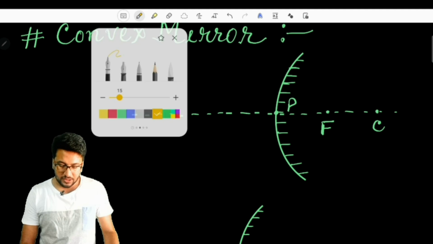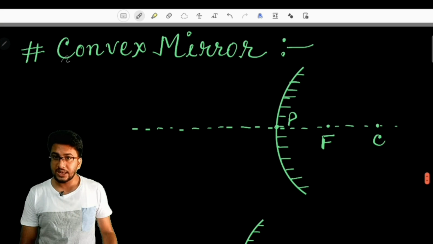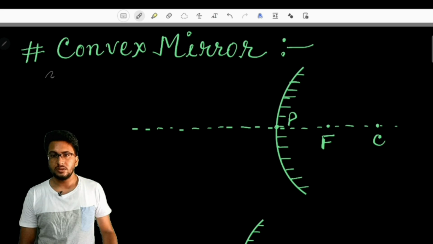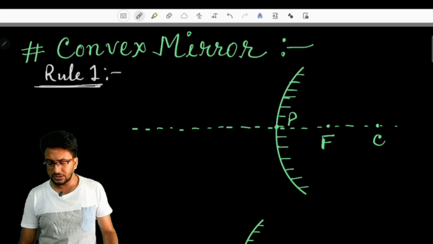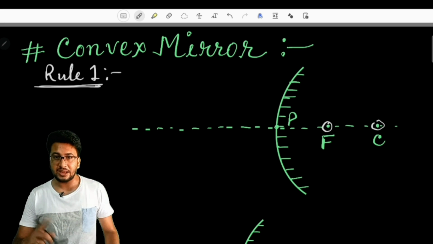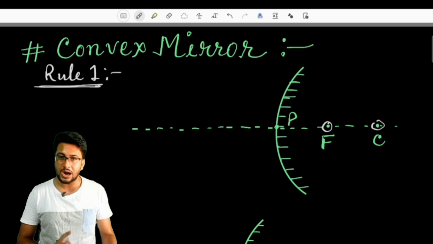So, the rule number 1. In today's class we are going to define rule number 1 first, which is maintained by light when it is just about to make an image for a convex mirror. One thing to note is that the focus and the center of curvature of a convex mirror are always at the back of the mirror. That's why they are virtual points. They do not really exist. That means if you want to place a screen on the focus, you are unable to do so.